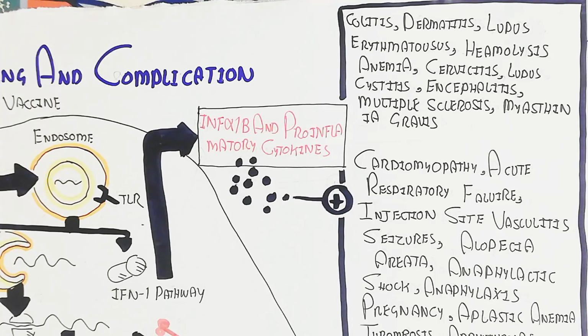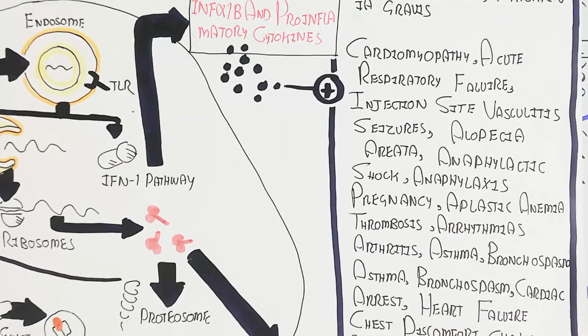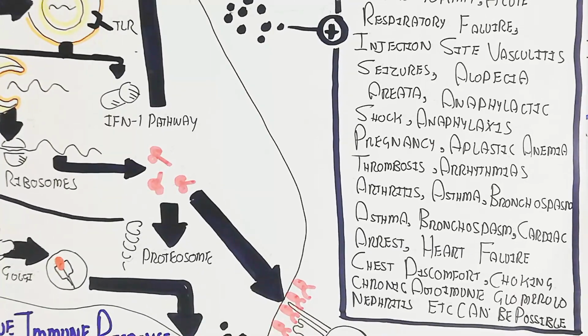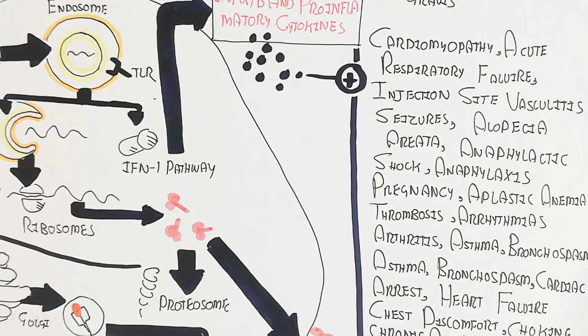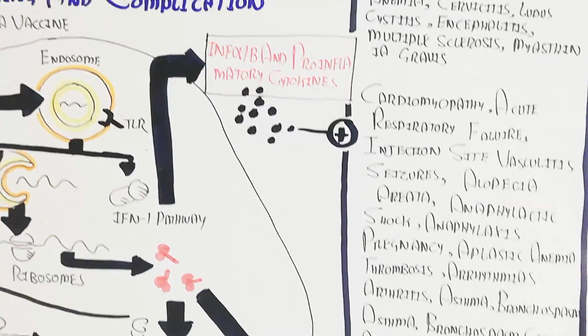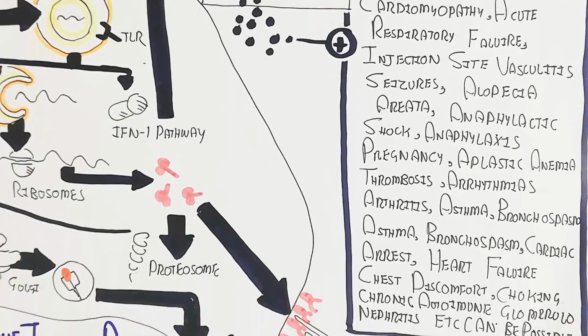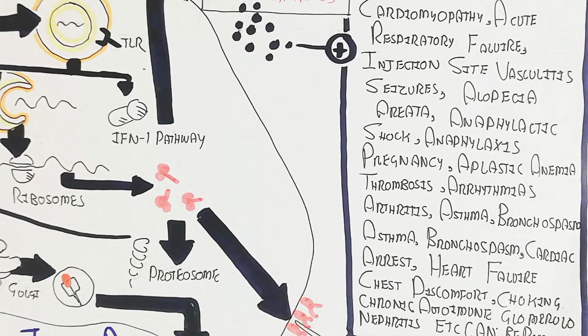erythematosus, hemolytic anemia, cervicitis and lupus cystitis, encephalitis, multiple sclerosis, myasthenia gravis, cardiomyopathy, acute respiratory failure, injection site vasculitis, seizure, alopecia areata, anaphylactic shock, and anaphylaxis in pregnancy, aplastic anemia, thrombosis, arrhythmias, arthritis, asthma, bronchospasm, cardiac arrest, heart failure, chest discomfort, shock, and chronic autoimmune glomerulonephritis, etc., which can